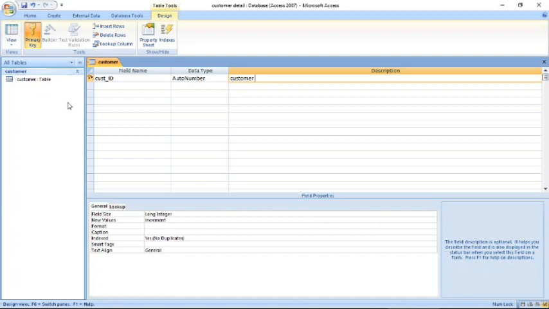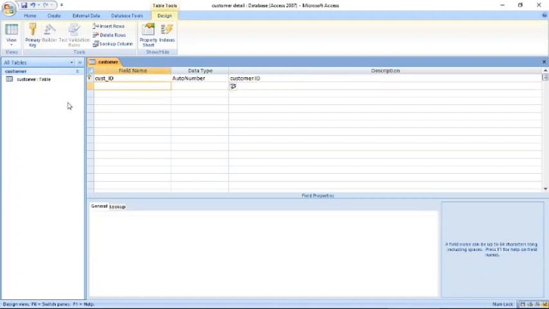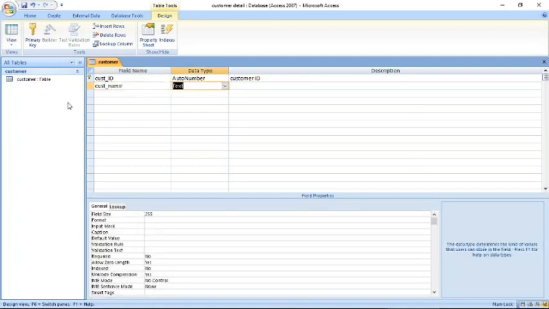Description, I can give a full description of what I have written in the field name. In the field name I will always mention it as short as possible. And one more thing to remember in the case of field name, there should not be any space when you give the field name. Now coming to the next, to navigate between the columns you have to use the tab key.